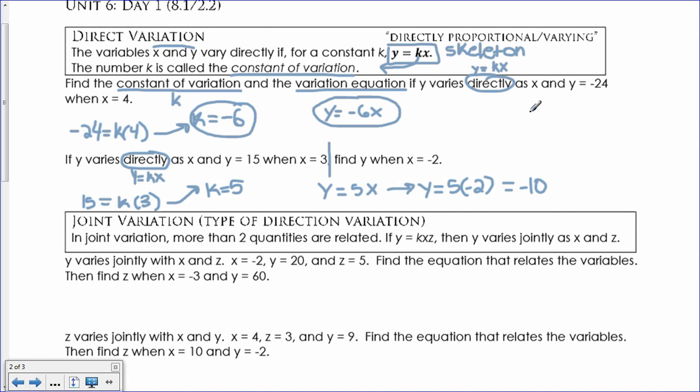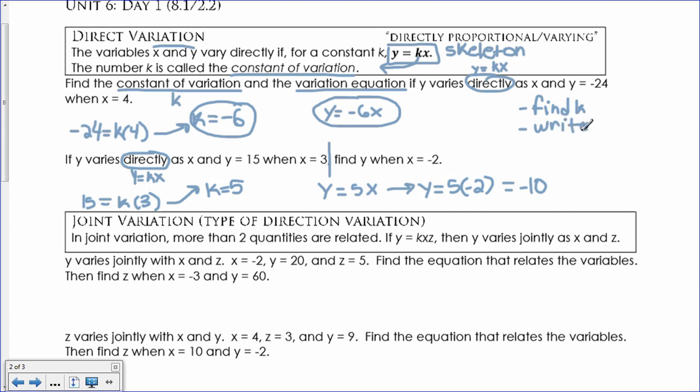So if you guys want to make some notes off to the side, in general, regardless of what type of variation you guys are working with, whether it's direct, joint, or inverse, the first thing you want to do is find k. And the directions should actually be pretty clear, or the information provided will be pretty clear to guide you along. Notice that in both of these questions, they said direct variation, and then immediately after that, they told you what y and x were. So the question is going to guide you along as to what you're supposed to find in each step. So the first thing you do is find k with the information they provide, and then you're going to write,